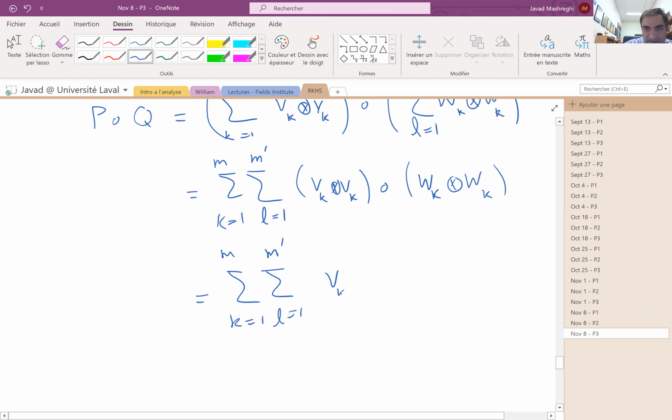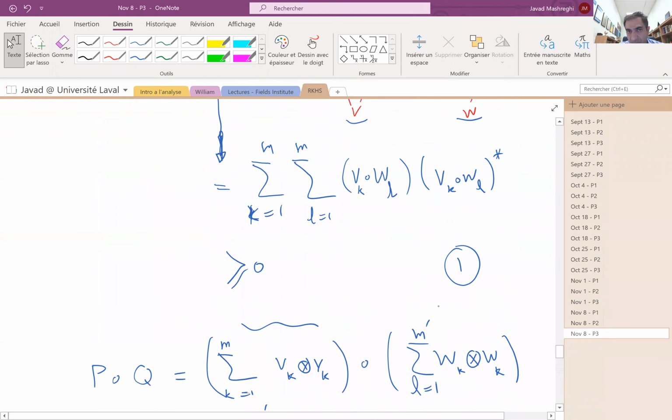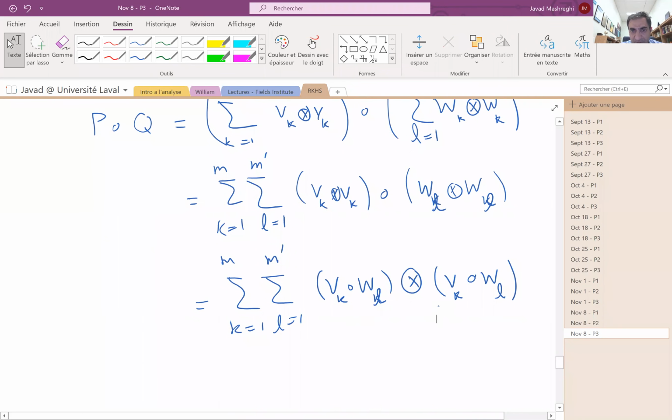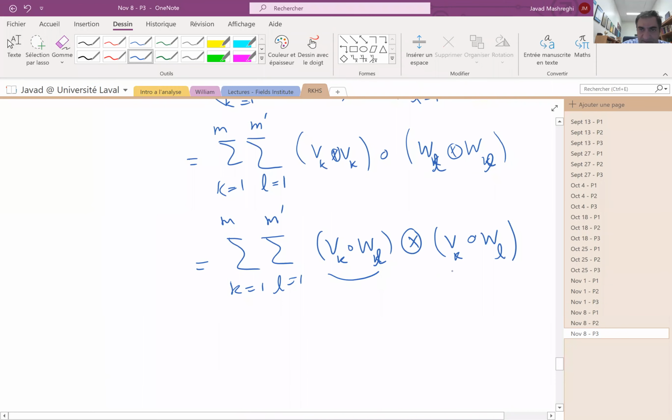It's the same thing as V_k Schur product W_l. Tensor, the same thing, V_k or W_l. So we obtain the same thing as before, but in slightly different language. And X tensor X is something positive, a sum of positive things is positive, so we obtain again number 1 with